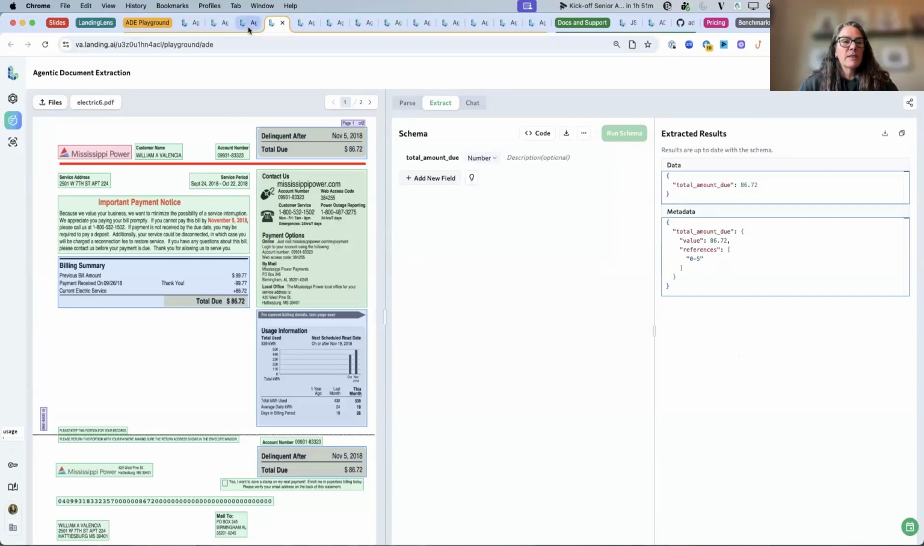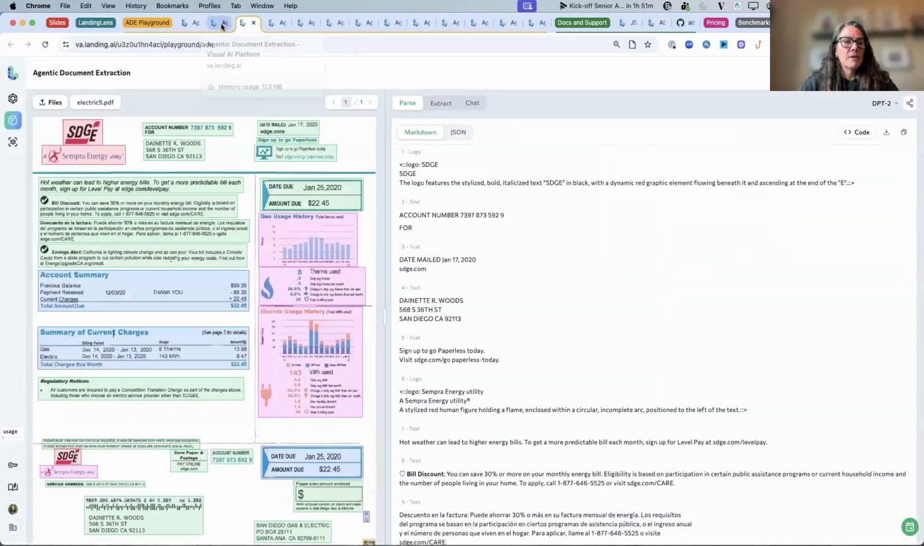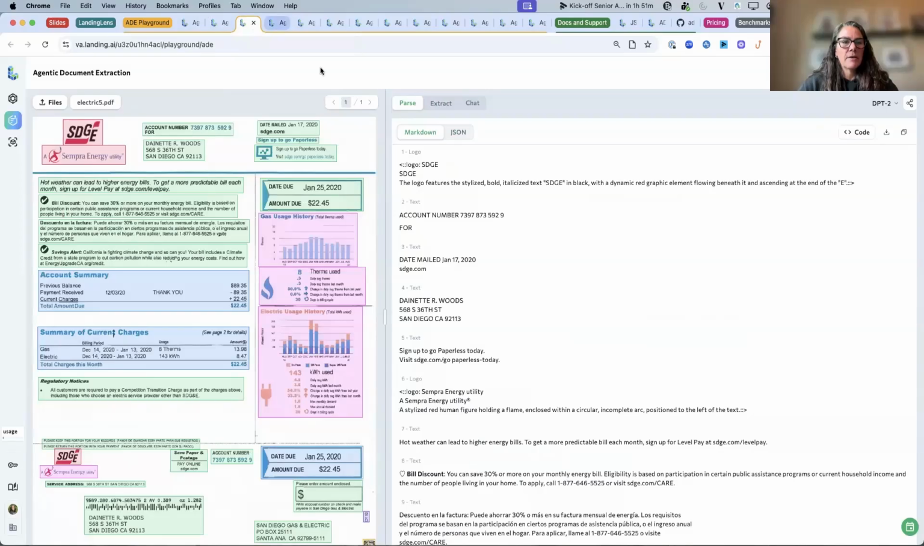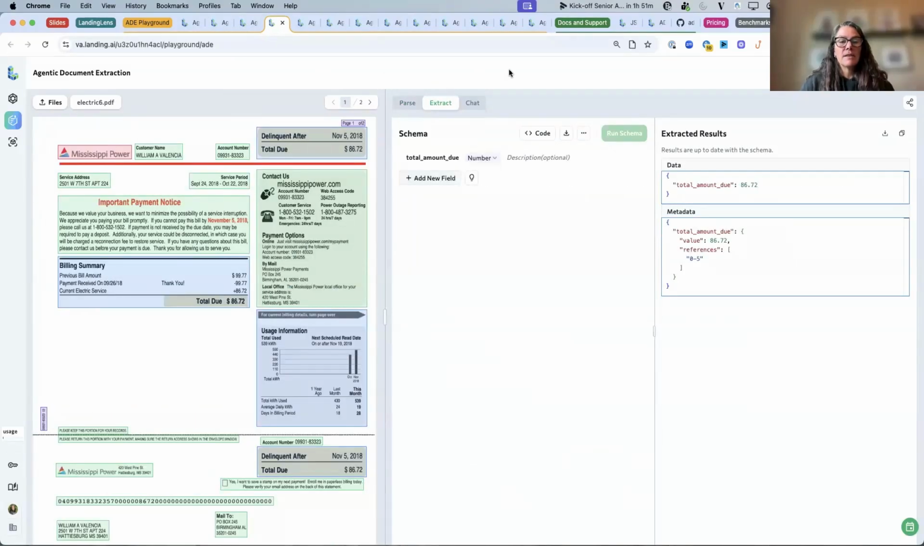Not quite, specifically different formats, right? So none of these are actually the same. They're from different power companies. They have different layouts. So the whole idea is to get rid of layout-specific